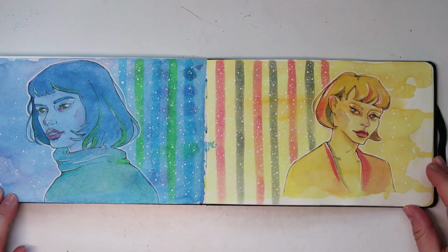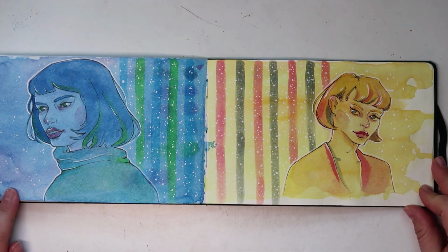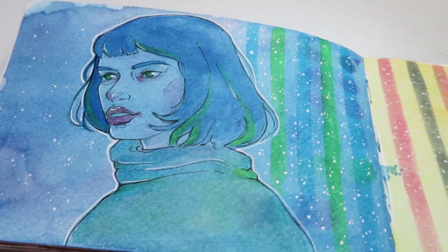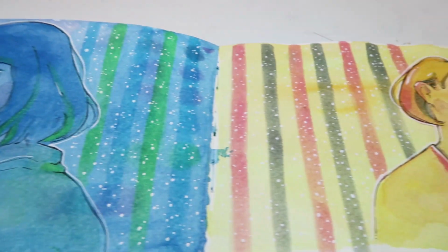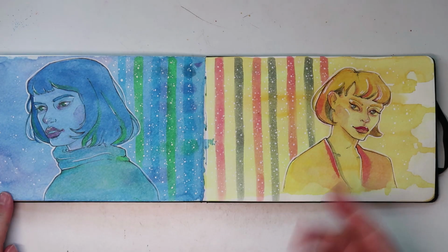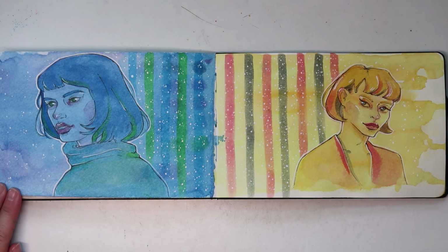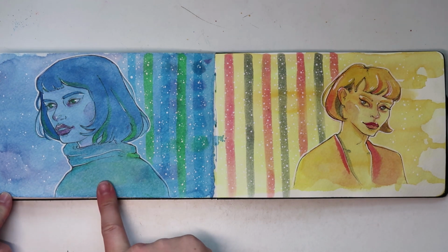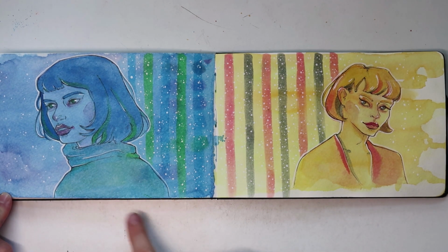And then I did a kind of, this actually was a cover up because I started using the Ecoline inks. I'm not sure if you can see it there, there's like little marks there. But the Ecoline pens, the brush pens, I couldn't get them to watercolour properly, I couldn't get them to the page. So I ended up doing a cover up, and then I put this lady on it with ink,